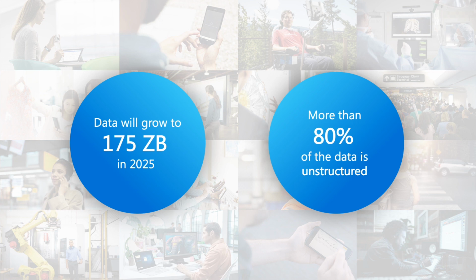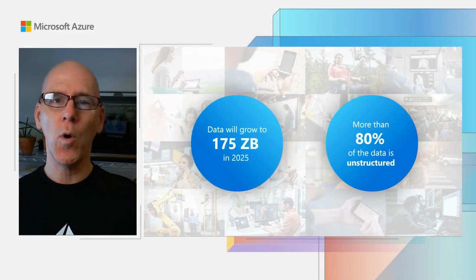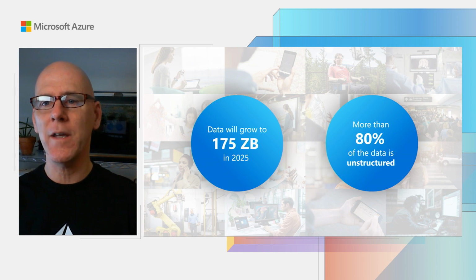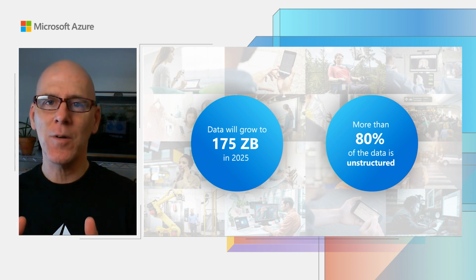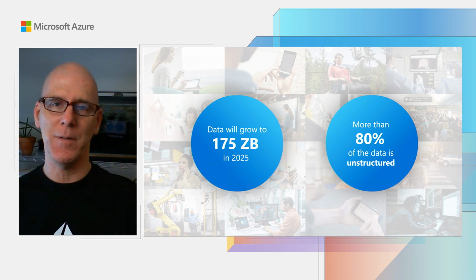If we look at the larger environment, there are some specific projections to keep in mind. The first is the astronomical explosion of data. By 2025, projections are that we will hit 175 zettabytes of data, roughly quadruple of what it is today. And 1 zettabyte is equivalent to 1 million petabytes, to give you a slightly different way to think about that number. The second factor is that the majority of this data is unstructured.